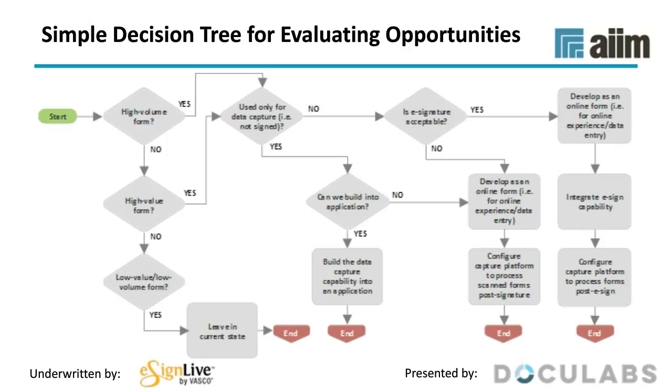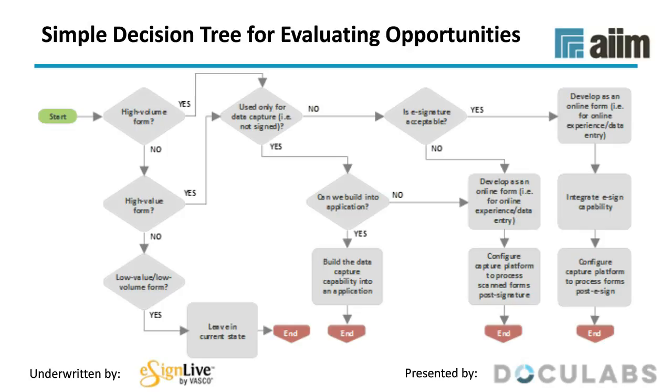They're not worth it. A second is to digitize, but you don't need a signature, so that's great. That's easy. Third is digitize, but you can't do electronic signatures, so you've got to use paper signatures, but still you might reap some benefits by digitizing the rest of the documents and later hope that you can do the e-signature. And the last category is the best. That's where you digitize and you can do e-signatures.